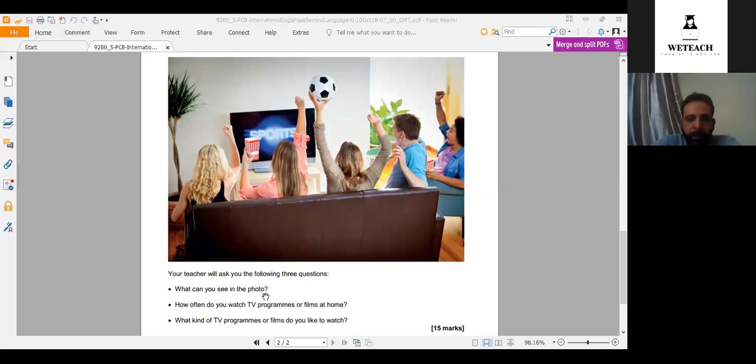Okay, so you stay about 10 minutes and prepare your answer before you get into the exam room. In the waiting area and preparation room, you take a different piece of paper and write down all the notes you would like to speak about. Then when you get inside, the first question is given to you. What can you see in the photo? Also, the photo will be with you. So your preparation, I mean the notes you have already done, and the photo will be together.